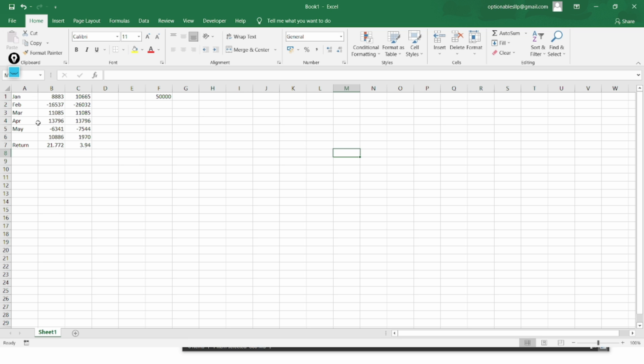So this is what we were mainly talking about, that do not focus on making a lot of profits, just focus on reducing your loss. So all we have done here is, you can see that when we had a loss of 26,000, we have just cut it down to 16,000 by adjusting. When we have a loss of 7,000, we have cut it down to 6,000 by adjusting. Just by cutting down your loss, you have improved your profits. You haven't done anything extra. All you have done is just cut down your loss and you have improved your profits. So this is a simple way of adjusting your short strangle position,